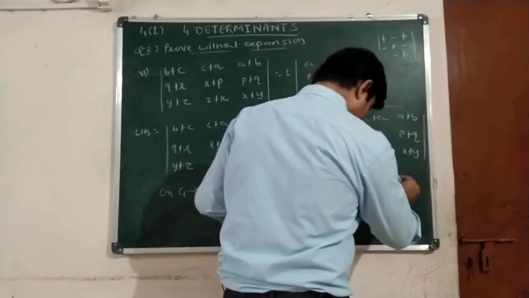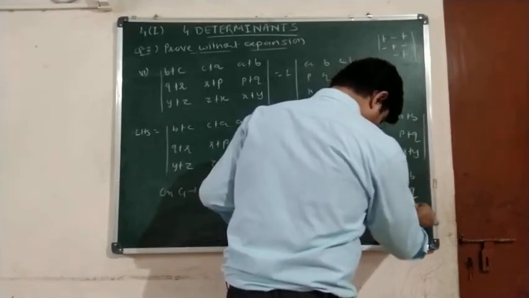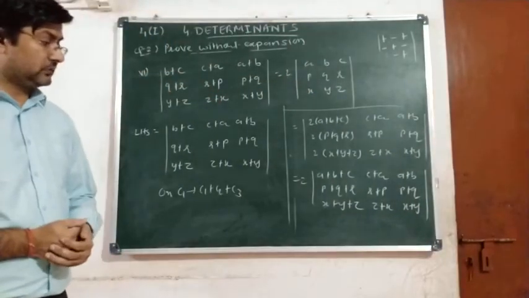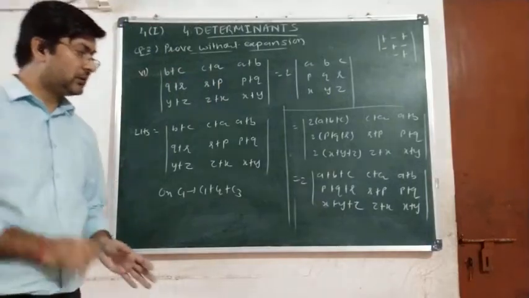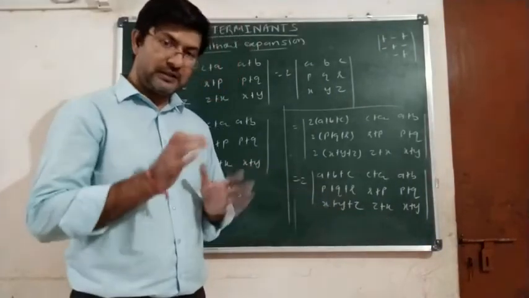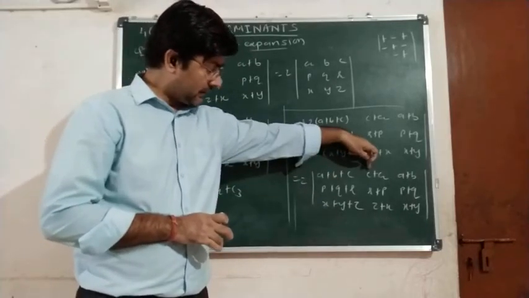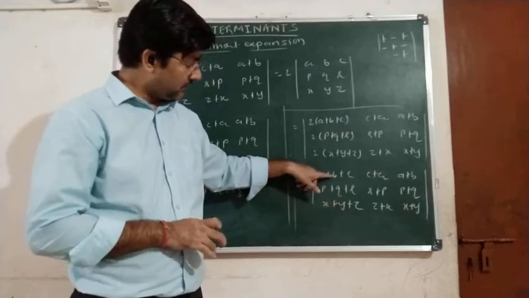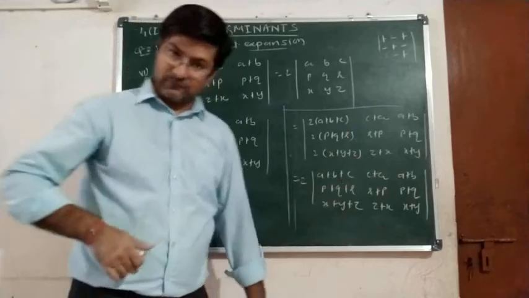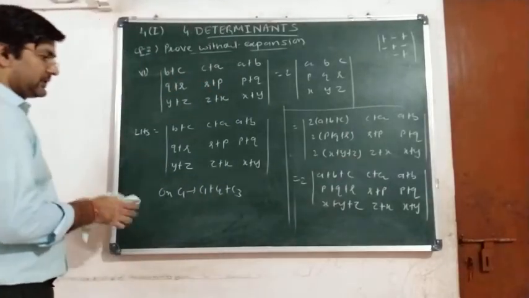common outside. Clear? Okay, so far now it would be easier. What we can do, we can now subtract the second column from the first column, so we will get a single element. Yes or no? If you subtract the second column from the first, we are left with B, Q and Y. And then the second column we can subtract one by one from the two columns. Clear? To get the final answer. Okay, let us finish these steps over here.